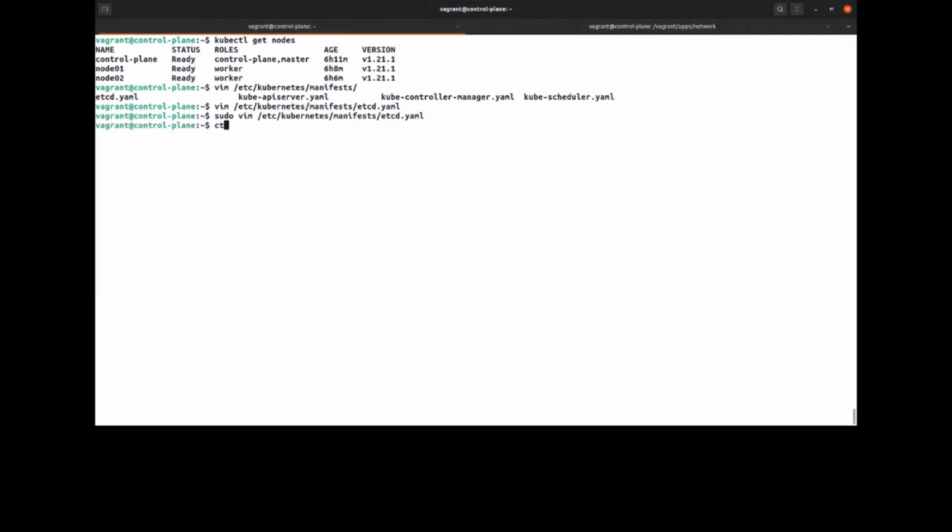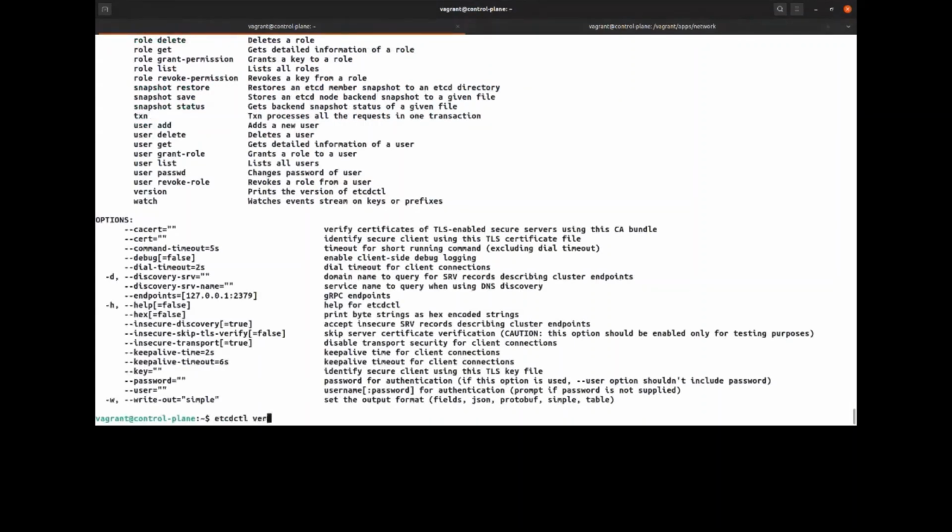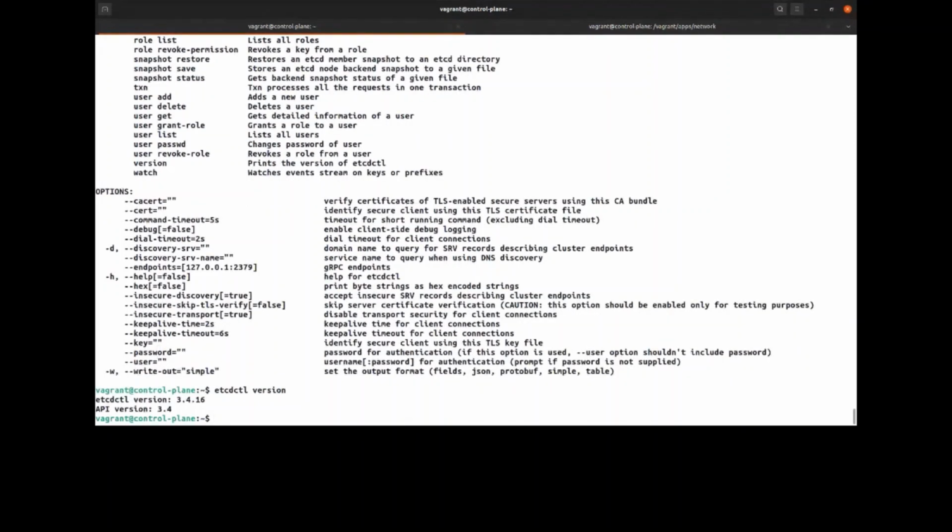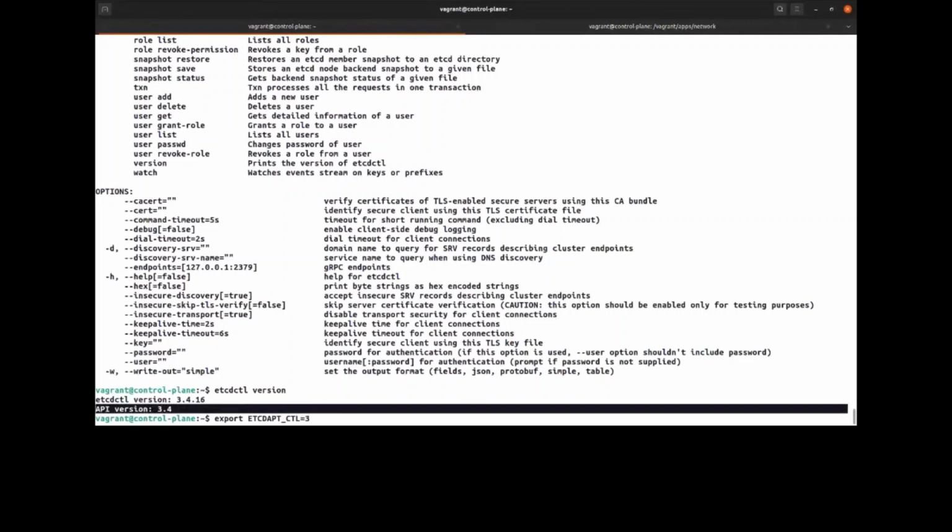Now let's see etcdctl. etcdctl version: you can see that it's actually using 3.4.16, the same version as the pod. And the API version, it communicates with 3.4. So you don't need what most tutorials say. Most tutorials will say export ETCDCTL_API=3. You don't need this. Why? Because the API version is already version 3. If it says version 2 in the exam, then yes, but most likely it will not.